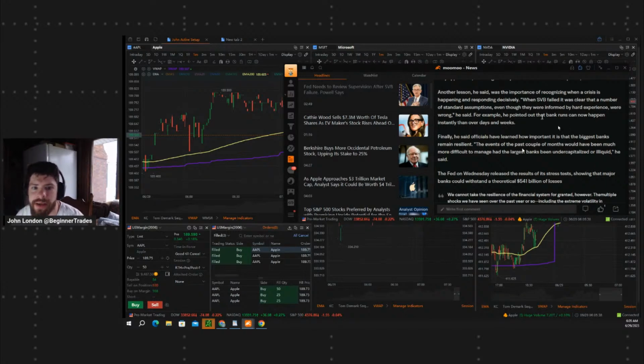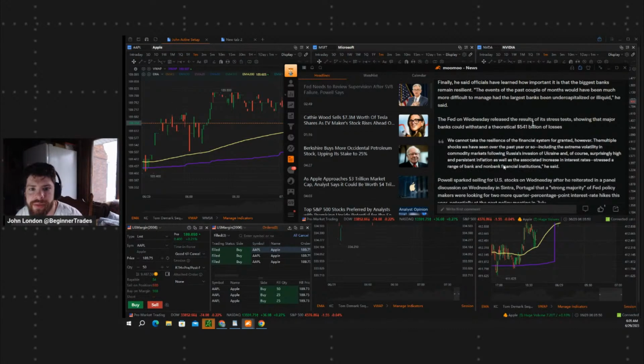He pointed out, for example, that bank runs can now happen instantly rather than over days or weeks. He said officials have learned how important it is that the biggest banks remain resilient. And he said, quote, the events of the past couple of months would have been much more difficult to manage had the largest banks been undercapitalized or illiquid. The Fed on Wednesday released the results of its stress test showing the major banks could withstand a theoretical $551 billion